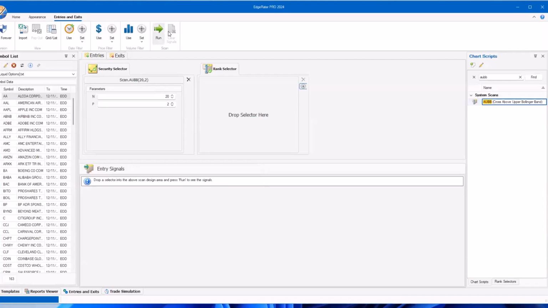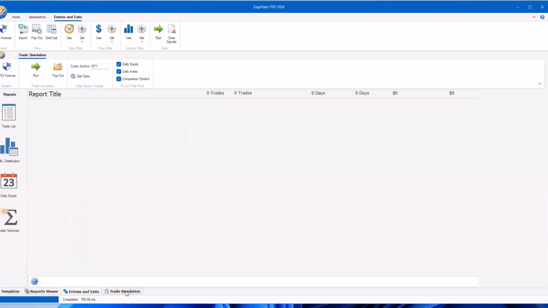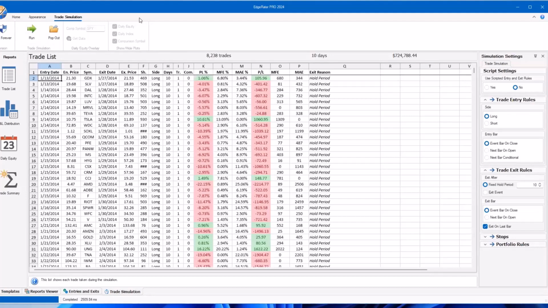And what I'll do is we'll just hit run when you've got the scan in there. Remember this from last time. And then I'll go to trade simulation. I won't make any changes to the settings, and I'll just hit run again. And this should show almost exactly the same results as last time. I'll say almost because a few days have passed since then, and because my list is only looking at 10 years worth of data,